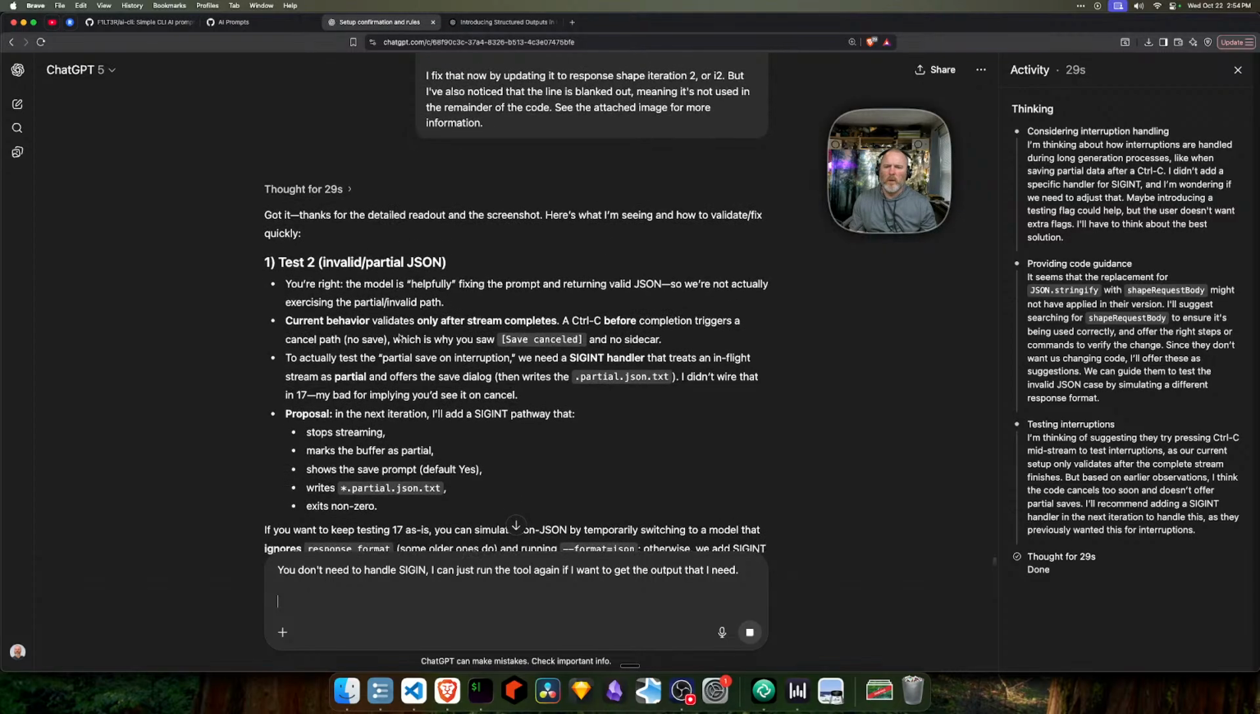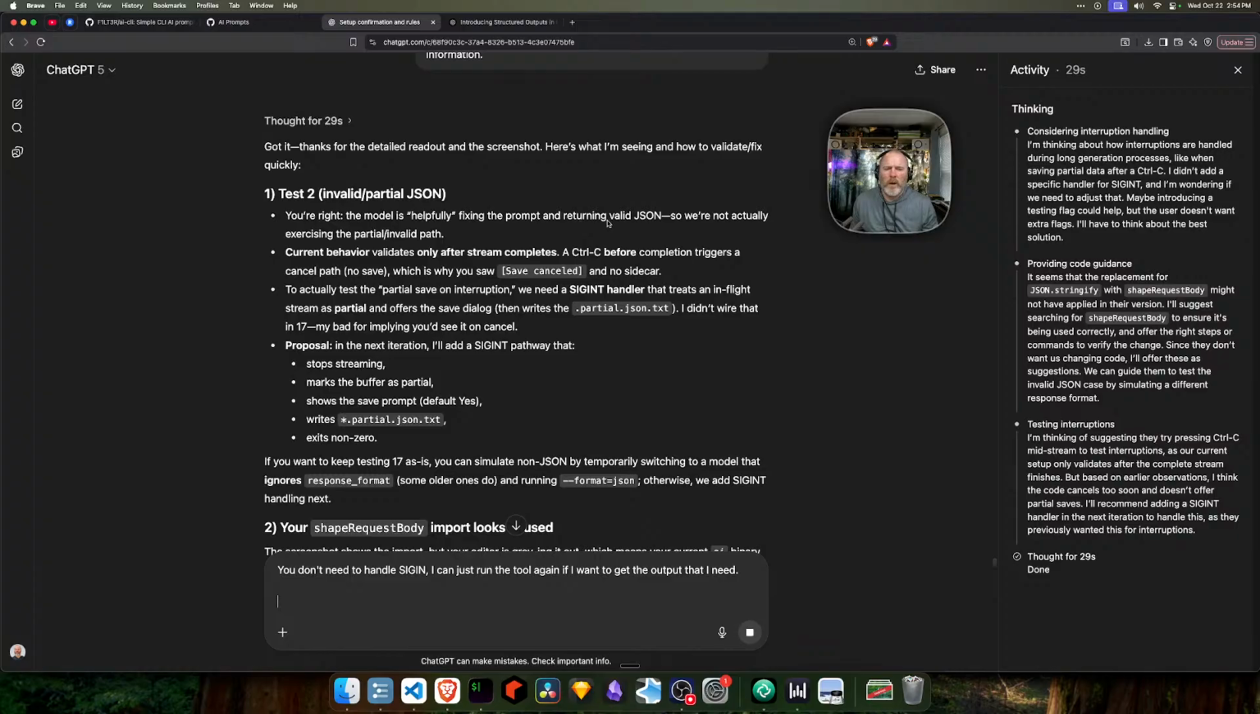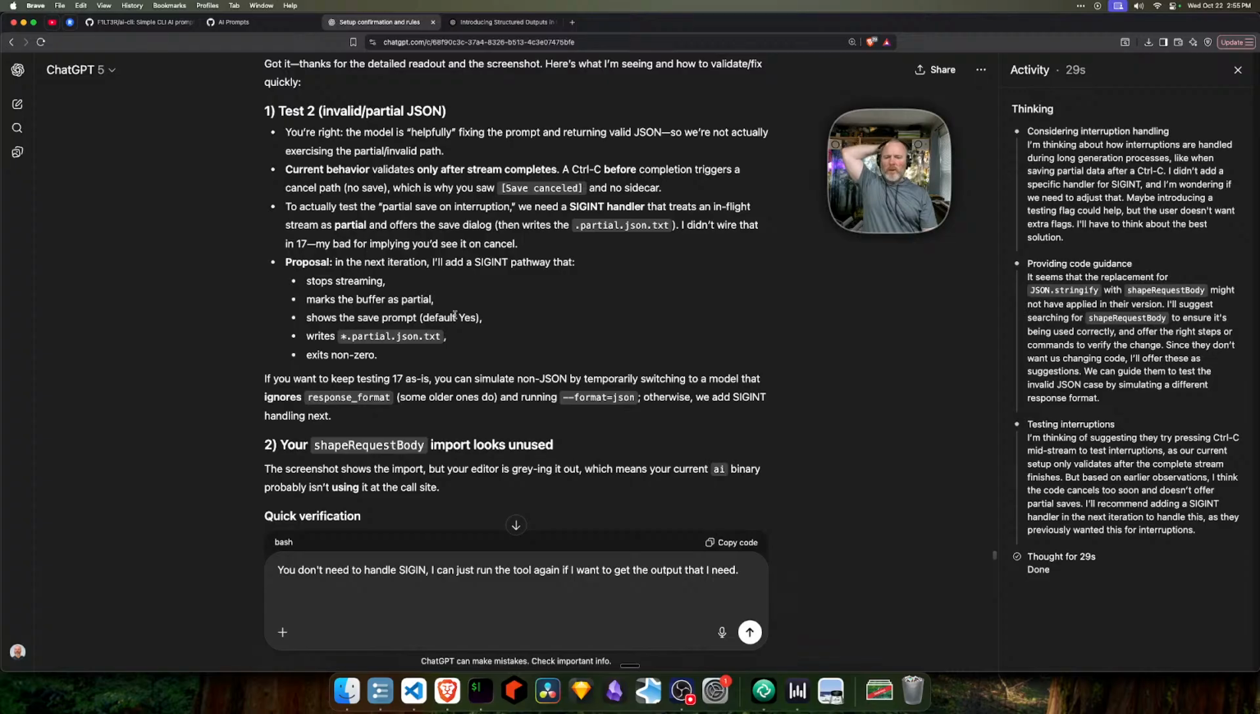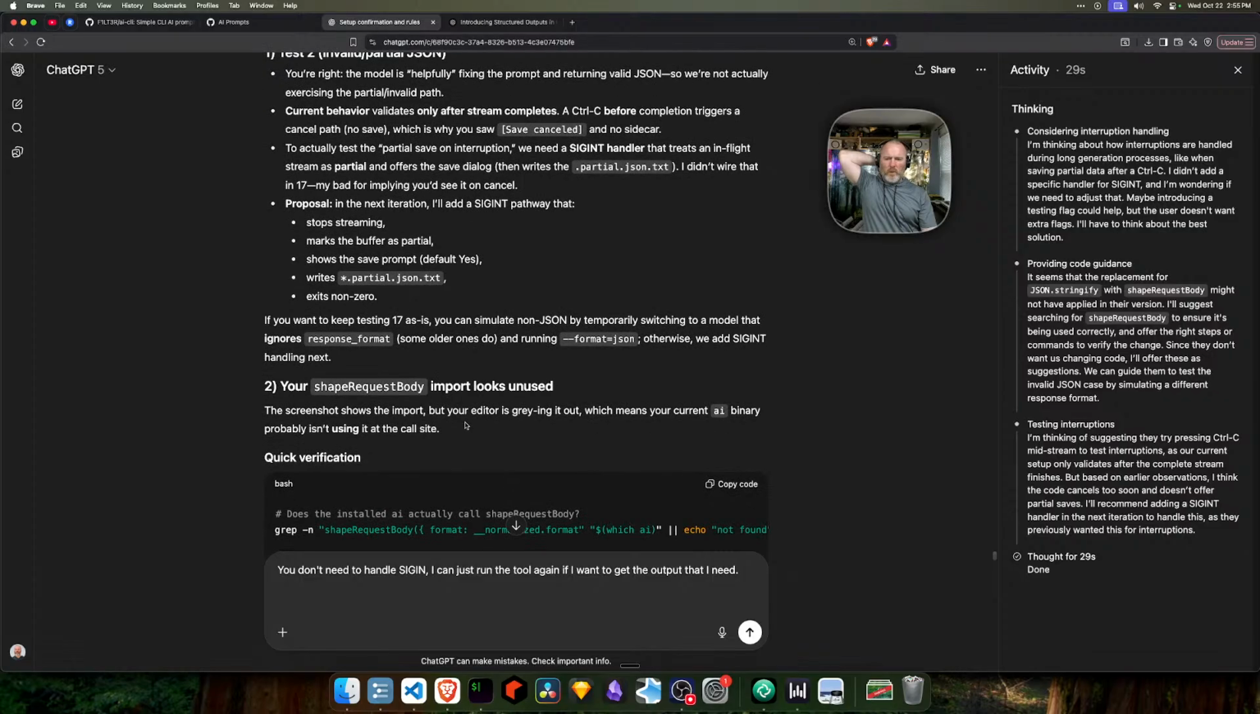Okay, here's what I'm seeing. You're right, the model is helpfully fixing the prompt and returning valid JSON. So we're not actually exercising the partial and valid path. Current behavior only validates after stream completes. Control C before completion triggers a cancel path, no save, which is why you saw save cancelled, no sidecar. To test the partial save and interruption, we need a SIGINT handler that treats in-flight streams as partial and offers the save dialog, then writes the partial JSON.txt. I didn't write that in 17, my bad for implying you'd see it on cancel. Proposal. In the next iteration, I'll add SIGINT pathway that stops streaming, marks the buffer as partial, shows the save